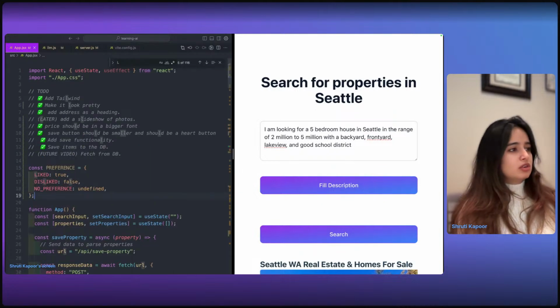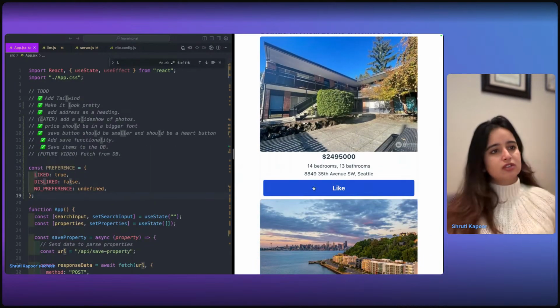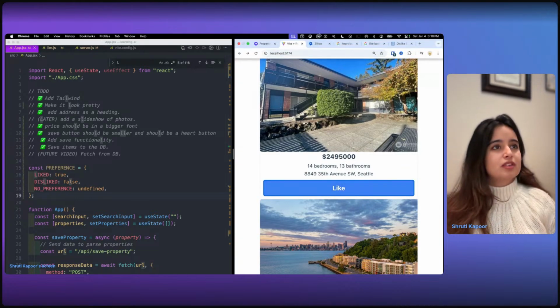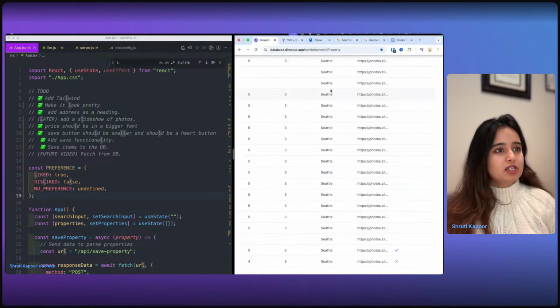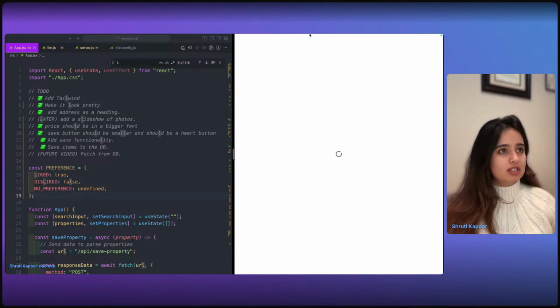Okay, cool. So yesterday we implemented this like button, which, if you click on it, saves the property to the database, where we are using Directus. If I click on like and go back to my database and reload, hopefully I am still logged in.